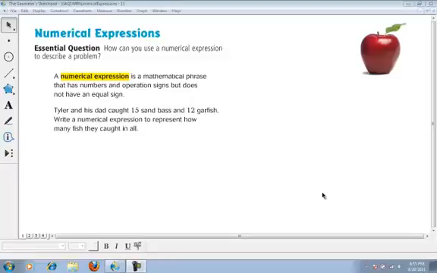Did you know that math is a language? Just like English is a language and Spanish is a language, math is its own language. Just like you see this object right here in the corner, that's an apple. We can use these symbols right here